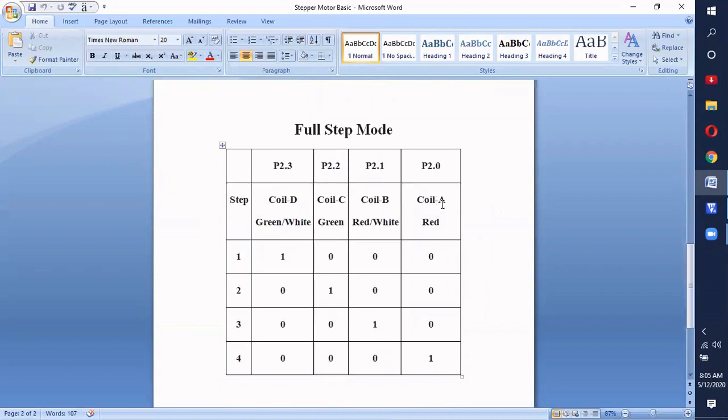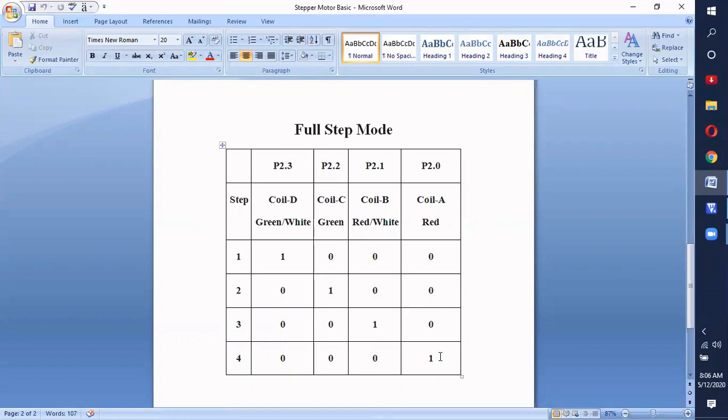We have four coils in total: coil A, coil B, coil C, and coil D. If you energize coil A, then B, then C, then D, the motor rotates in the clockwise direction. If you energize the coils as D, C, B, then A, the motor rotates in the anti-clockwise direction.